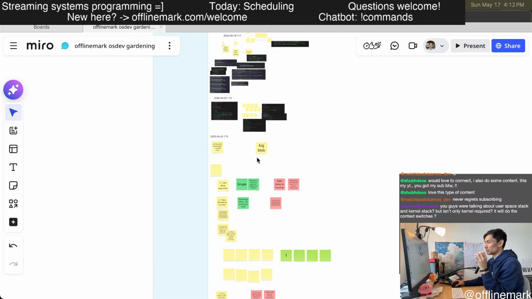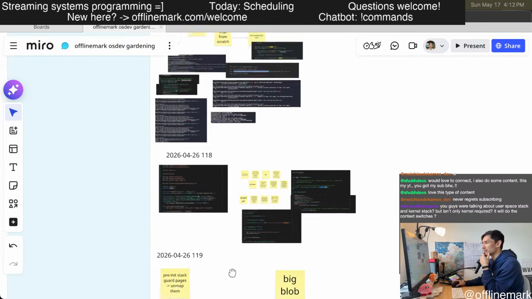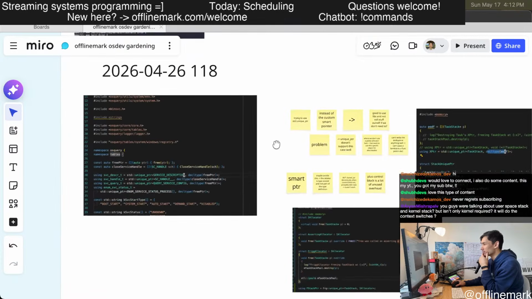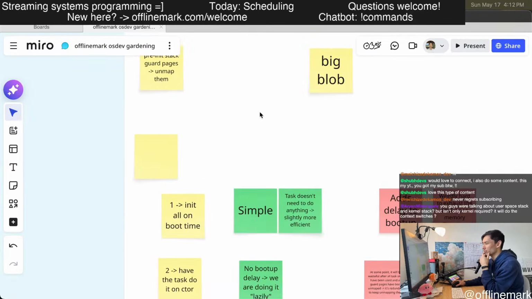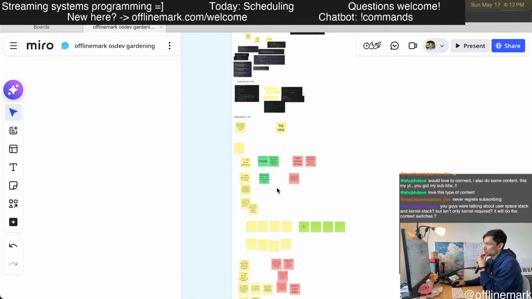So the goal is to properly allocate the task stacks somewhere in the kernel virtual address space. That's what I was trying to do in week 119, maybe even week 100. Looks like not really. I think week 119 is when I started to work on that.